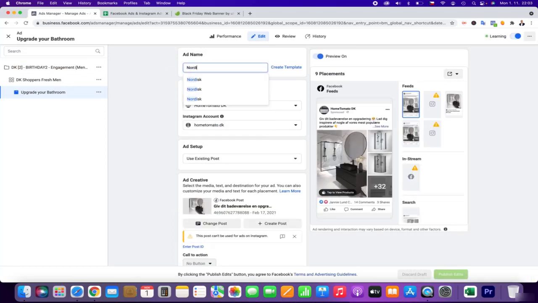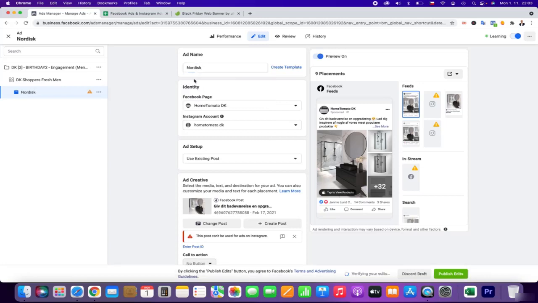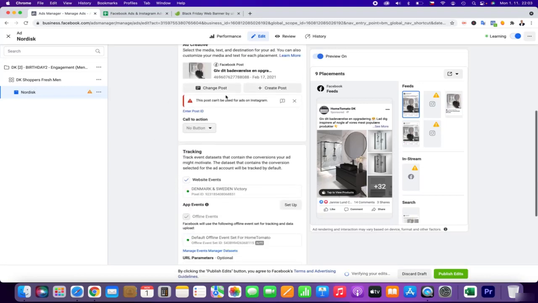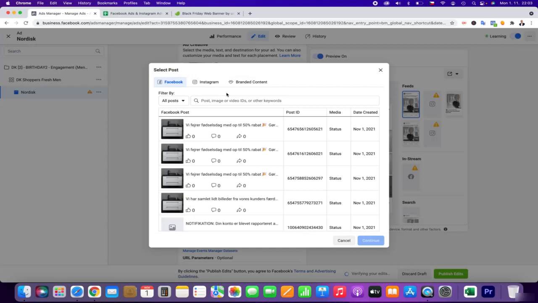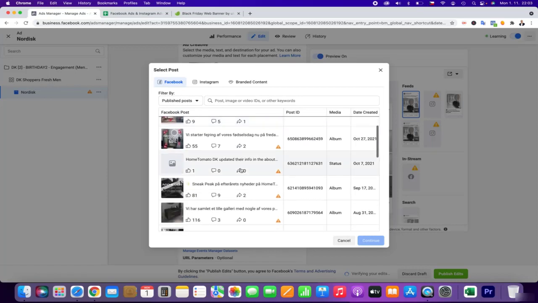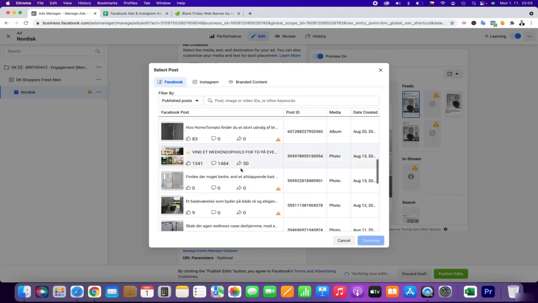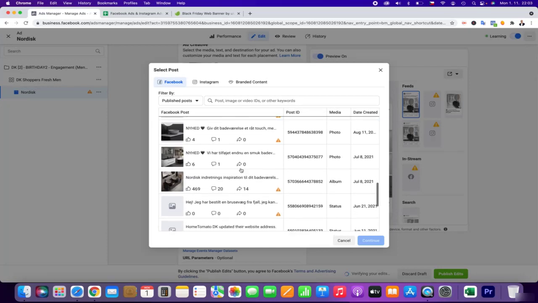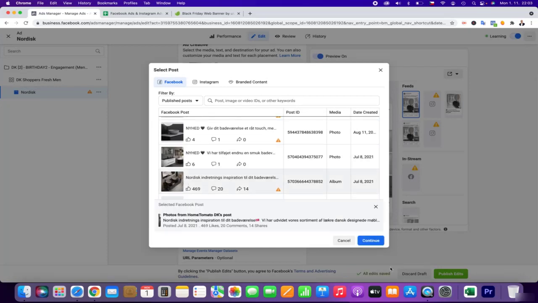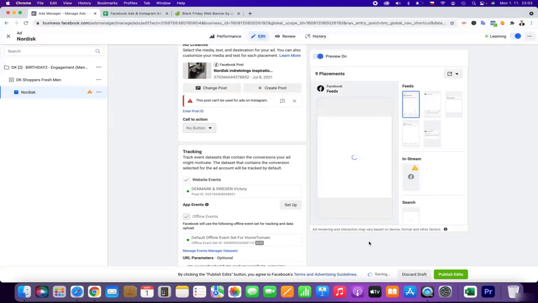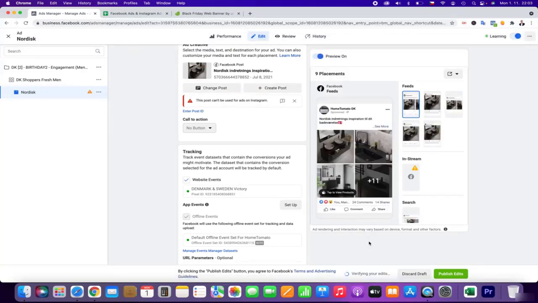So sometimes you really need to create more content, to test more content, and to see the results, to see what is actually happening, what you can actually do to get better results. And sometimes it has been just with this testing, and this Scandinavia, Nordic inspiration, Nordic design, it's a lot of shares, comments.